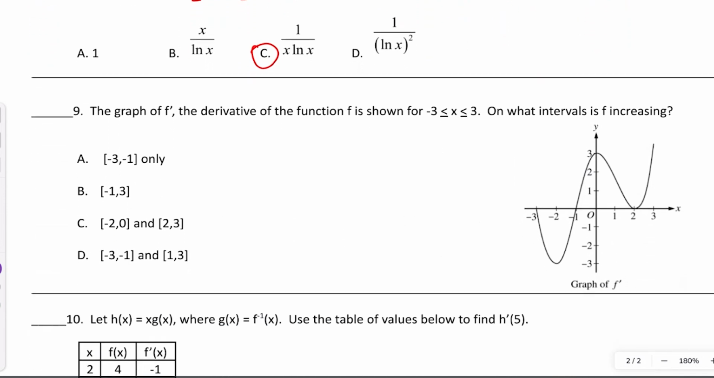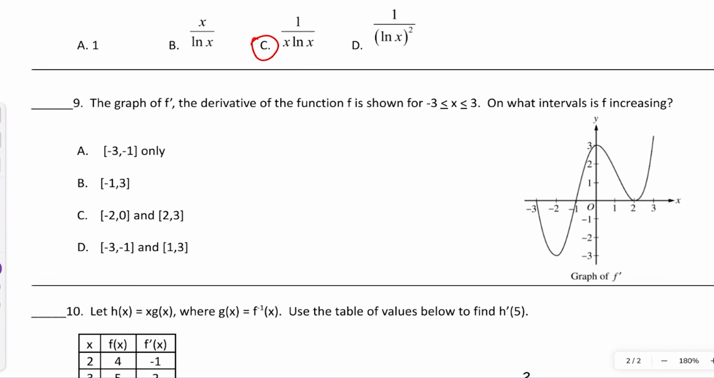Number 9 says the graph of f prime, the derivative of the function of f, is shown between -3 and 3. On which intervals is f increasing? So in order for f to be increasing, f prime has to be positive. The slope of f is positive, and that's what the derivative is. Now this is the graph of f prime, and so we can see that it's positive here all the way